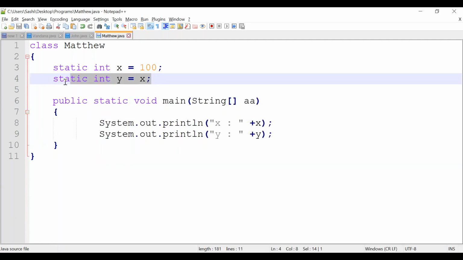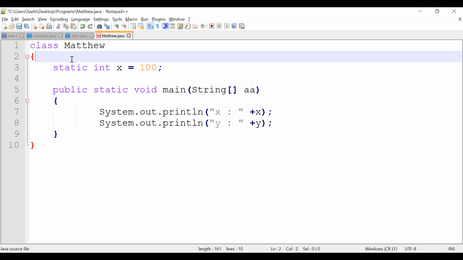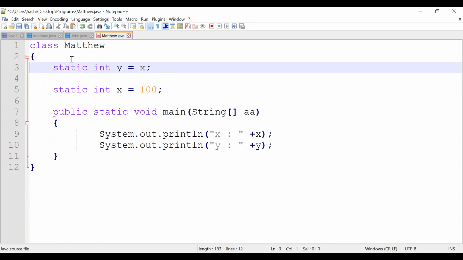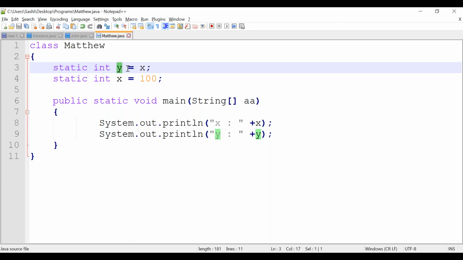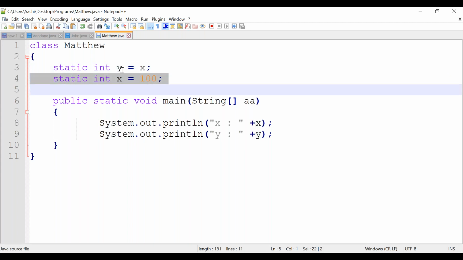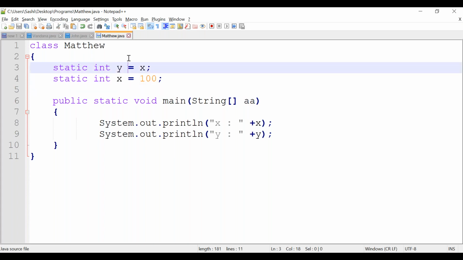Is it possible to move this one line up? Can I keep this second line on top? Possible? Can I run now? What will happen if I run? It will check y, but what is x? X is 100. X is not declared above, right? It will give compile time error, right? So Java will be running from top to bottom.